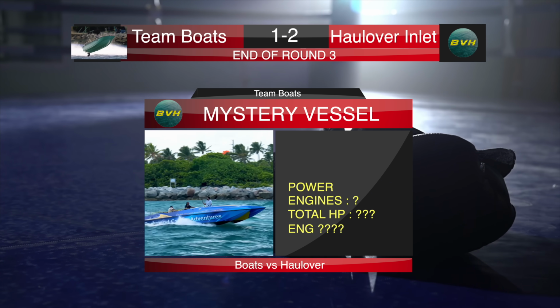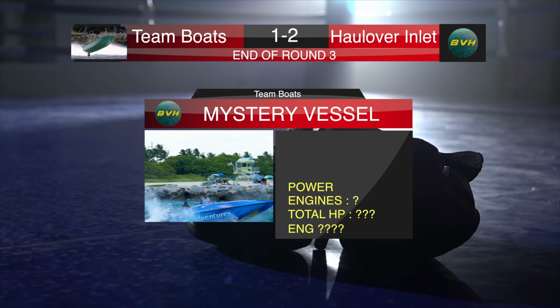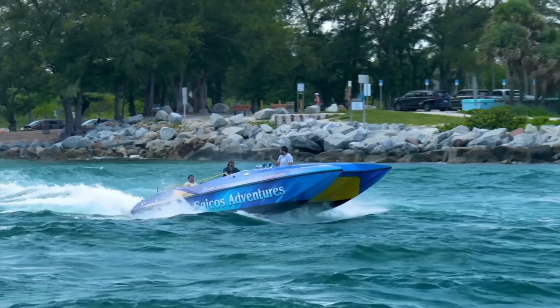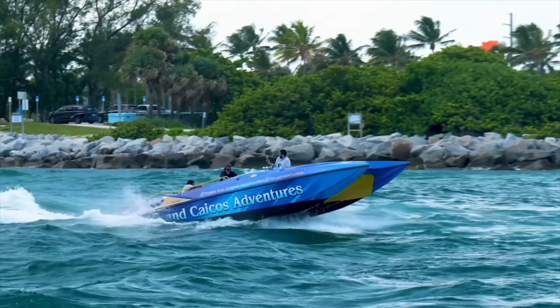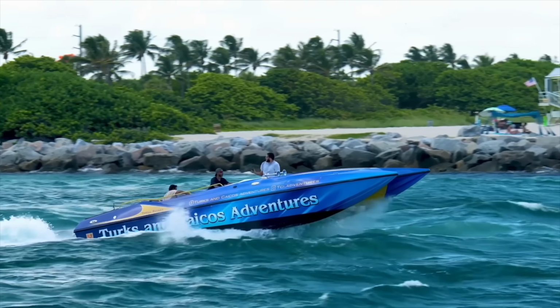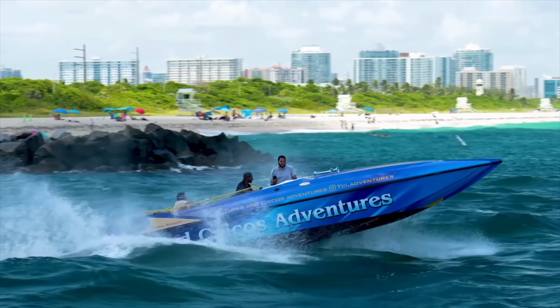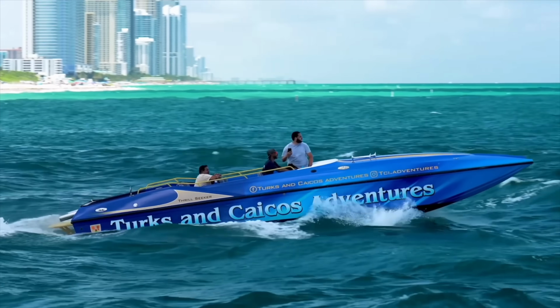And here in the fourth round, we're going to feature a mystery boat. I'm not 100% sure what this vessel is. It's obviously a performance catamaran of some kind, but it definitely feels a little out of place as it says Turks and Caicos Adventures on the side. I'm not sure if they brought this boat from Turks and Caicos back to here,